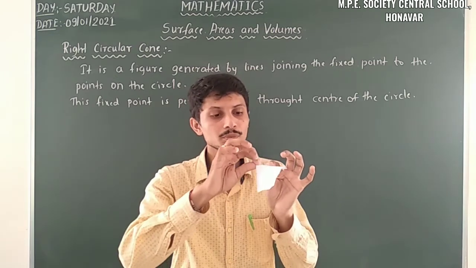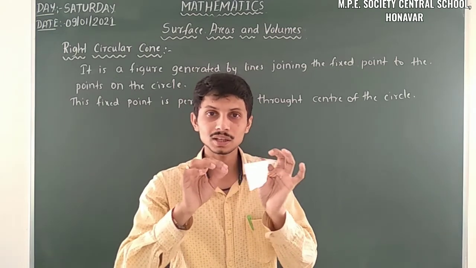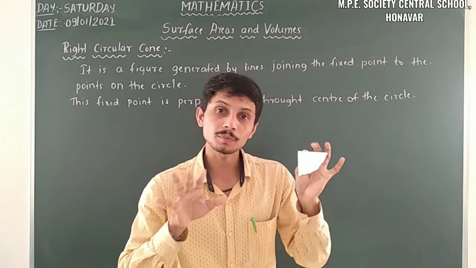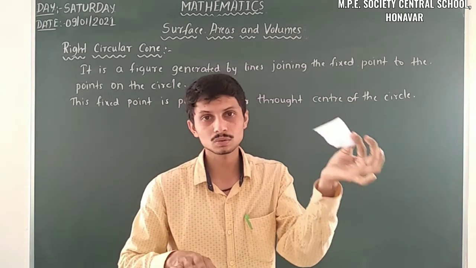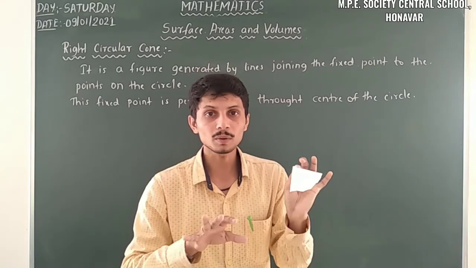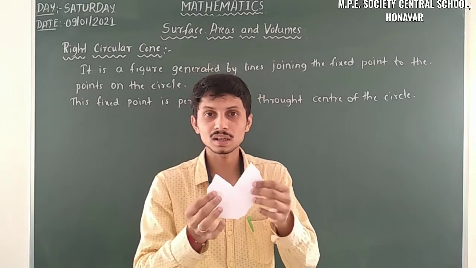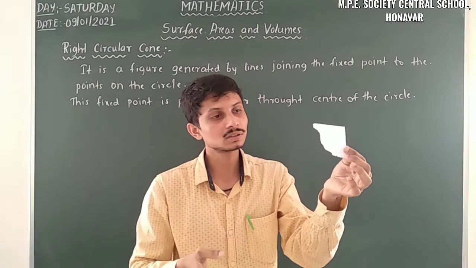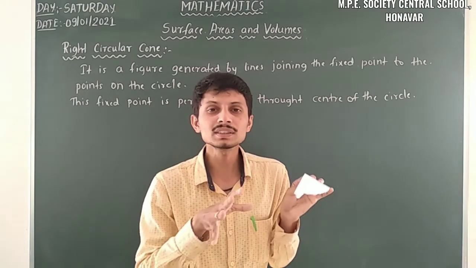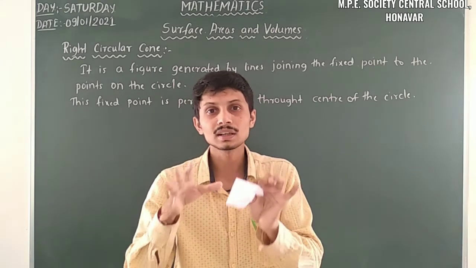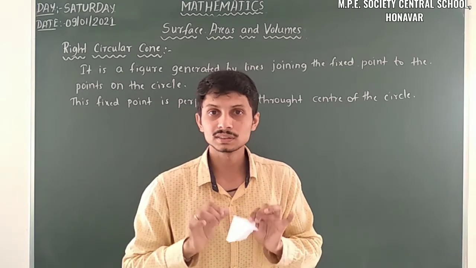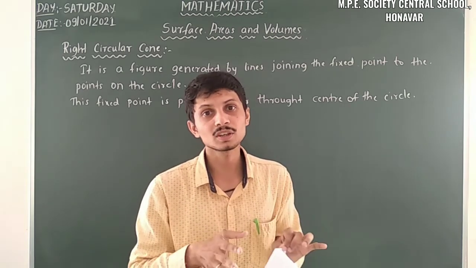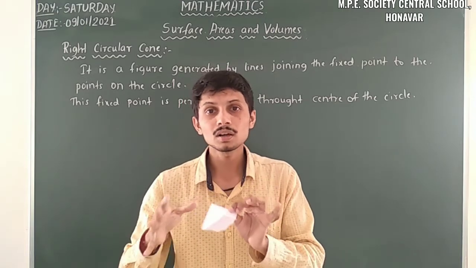Means, here just observe, using a circle. So I think the cone is a part of a circle here. From this circle we can construct this cone. By removing 1/4 of this circle and then joining these two end points, the circle turns into a cone. So that means it is slightly connected with the circle. That's why we can take the circle as a reference for the right circular cone.